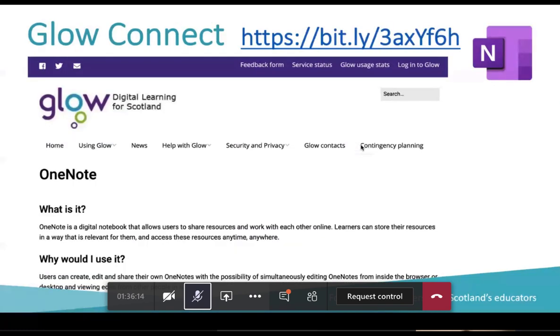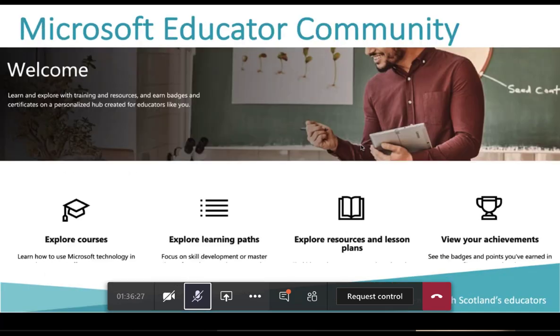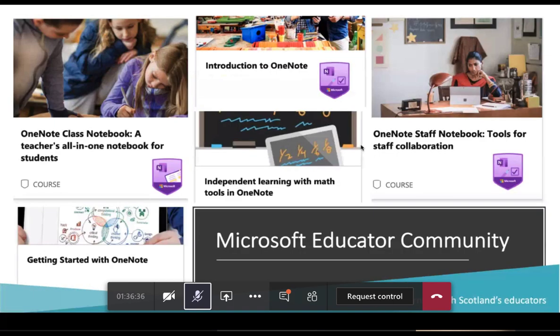We've also got Glow Connect, so I've got links along the top of these slides. There's also a link on the National Launchpad. So there's one page in Glow Connect dedicated to OneNote with lots of useful links, and there's also a page for Class OneNote, again with lots of links. The Microsoft Educator community, where your courses are, and you can also explore learning paths. These are some of the courses, so Introduction to OneNote, and there's lots of different ones that you can participate in. Usually they're about half an hour each one,